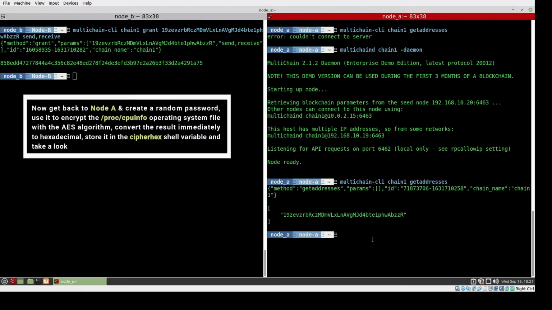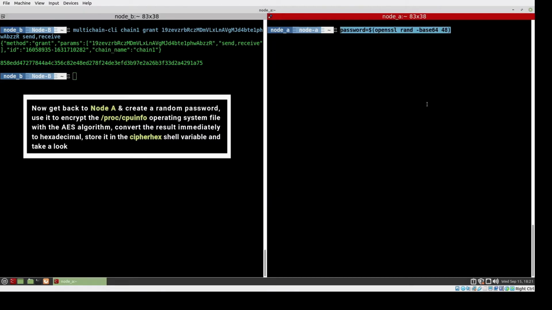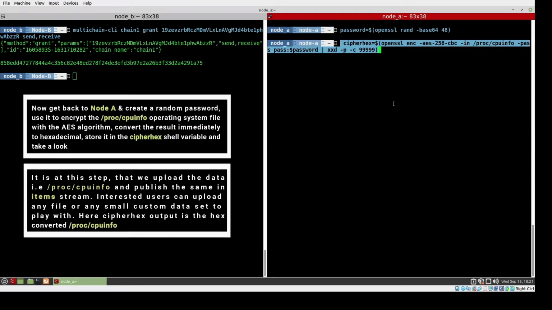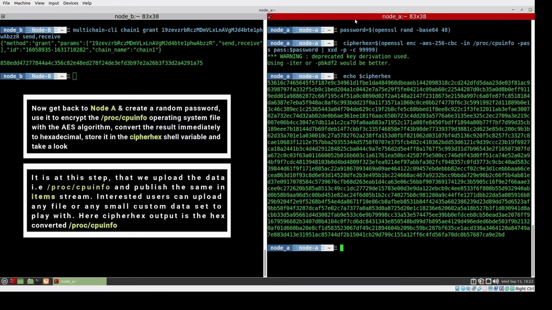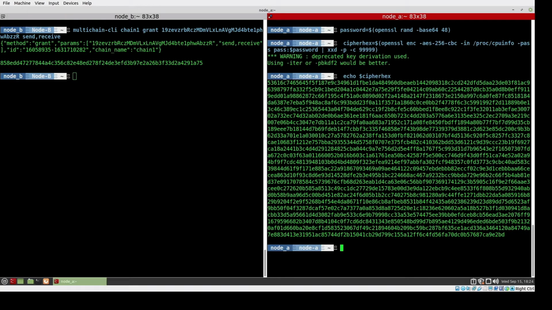Now we'll create a random password and use it to encrypt the data. In this case the data is proc/cpu info. Users are otherwise free to use their respective data text file presentations, but it should be in hex format. Here I have converted this complete proc cpu info into hex, and what you see on the screen is the hex equivalent, echo cipher hex.